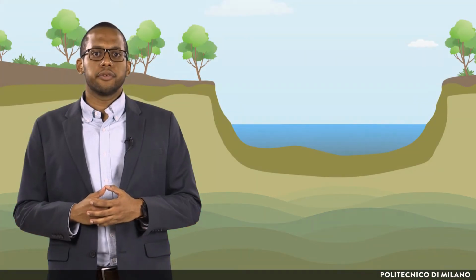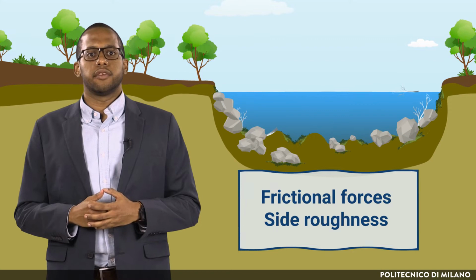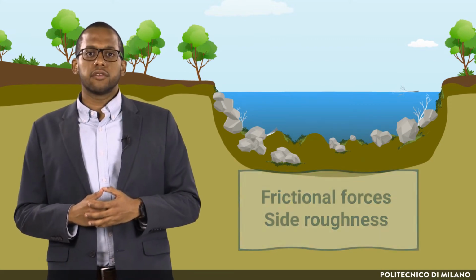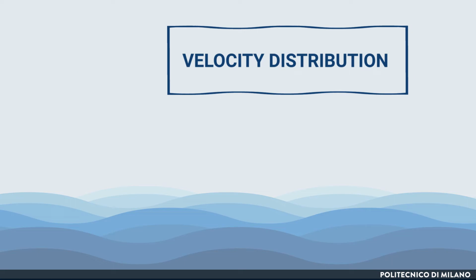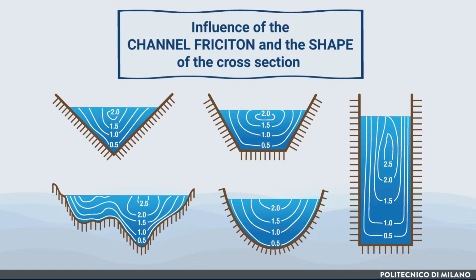As water elevation increases, we need to take into consideration the varying frictional forces along the wetted perimeter, especially introduced because of side roughness. To solve this problem, we need to focus on the velocity distribution along the river's cross-section. We know that water velocity within a section is usually maximum towards the center and progressively decreases towards the sides. The reason for this velocity distribution is the influence of the channel friction and the shape of the